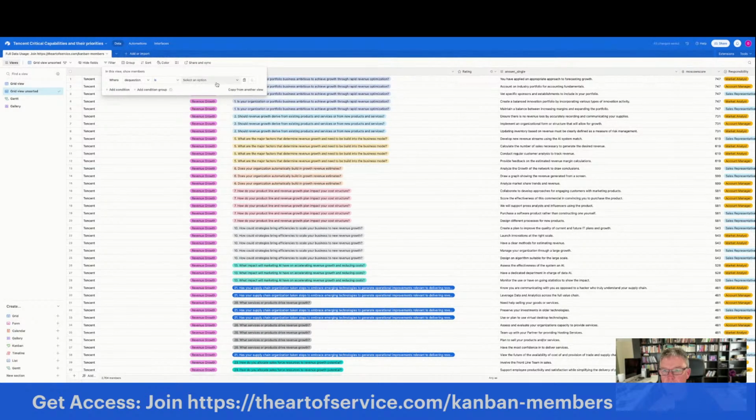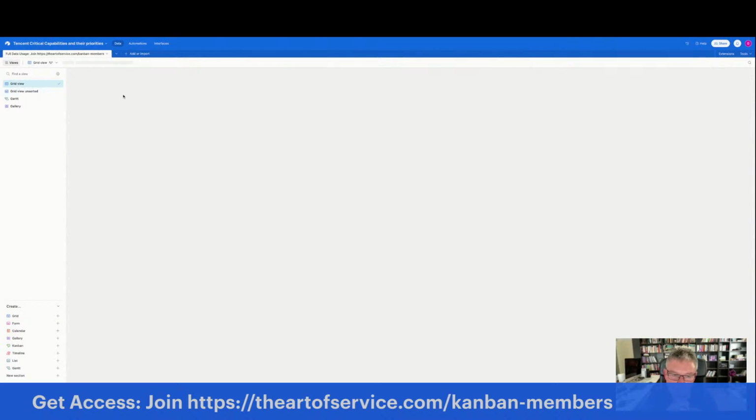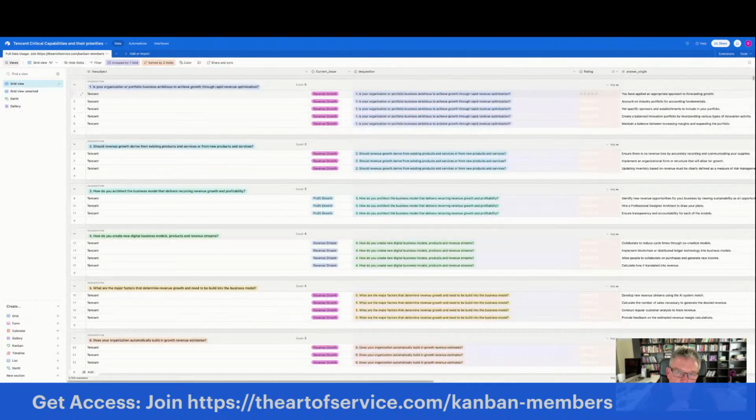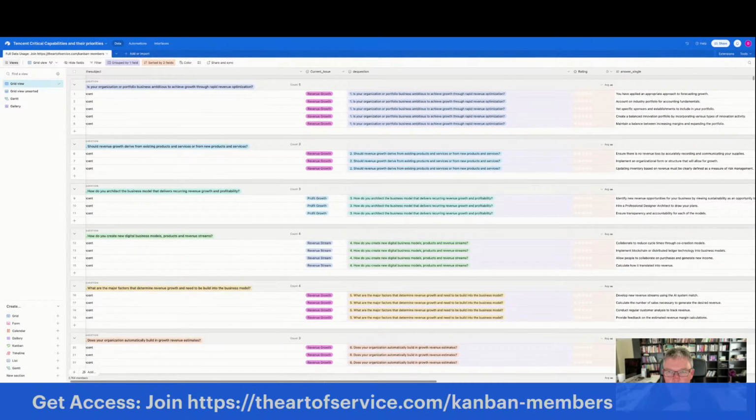The question is, I need to find another way of searching this. The most useful way of doing this, I was looking for a simple search field, but I can't seem to find it in this view, basically. So that's why I'm sort of going, what's going on here. The most useful way of looking at this is going through your grid view, which I've added here, because now I can go through all the areas and have a look at the priorities by themselves.